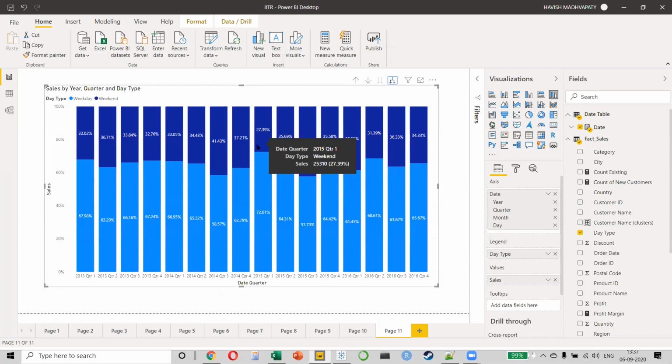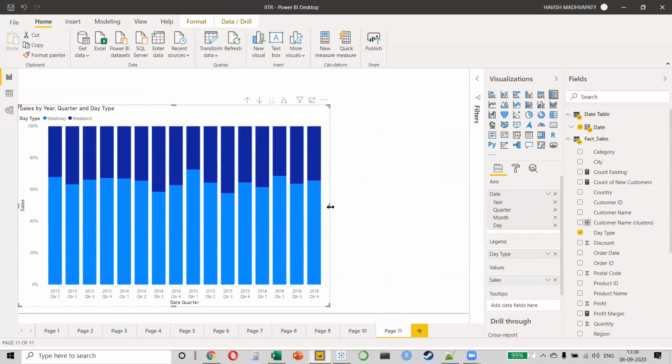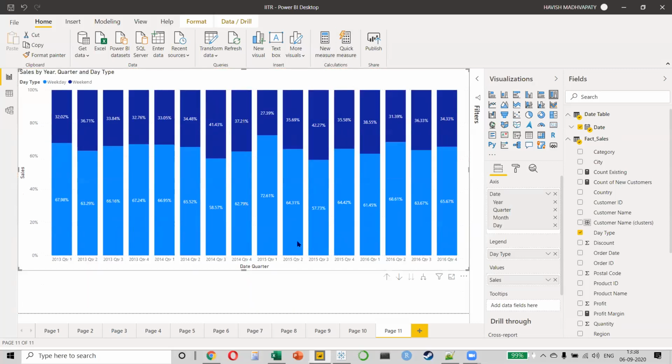Is it good? Is it bad? I'm not going to answer all those questions, but see, that is not our job. That is a job for the marketing guy. Your job as a data analyst is to provide him this information. After that, they will take the decision on their own end as to why this is happening and what action should be taken. Similarly, if I want to verify this for all my regions as well, let me just put it at the top.